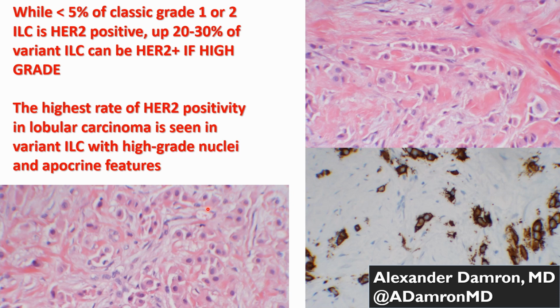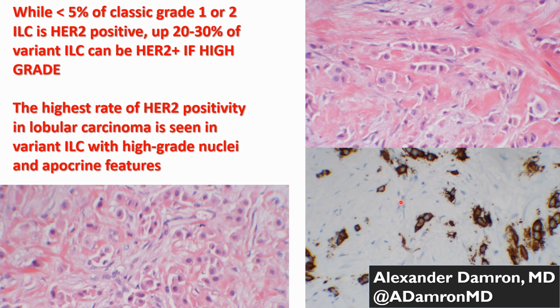This is another lobular carcinoma. You can see it is clearly very strongly HER2 positive, but it doesn't have that classic nuclei. It does have that single cell infiltrative pattern, very discohesive among itself, but it also has these kind of apocrine-like features, right? So this is one of those variant forms of ILC with apocrine cytologic features that is